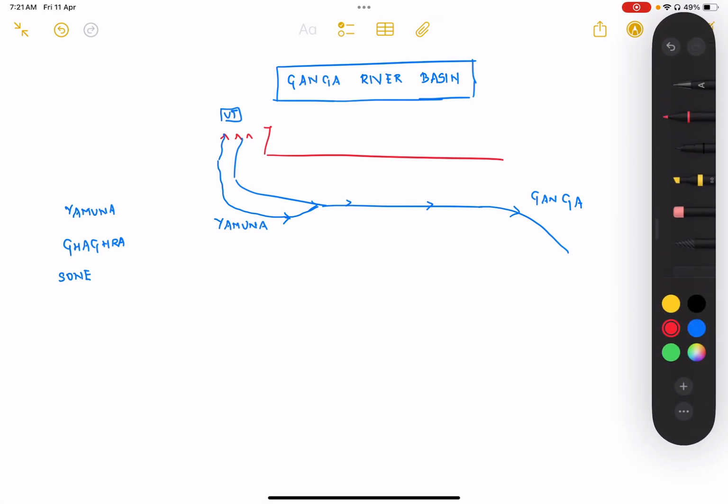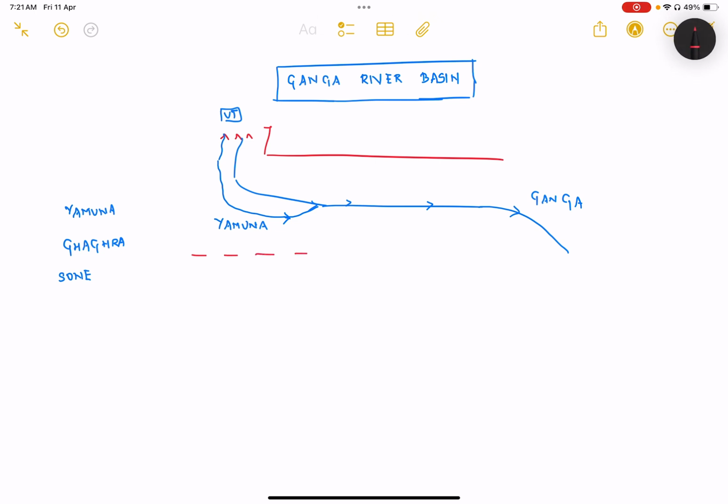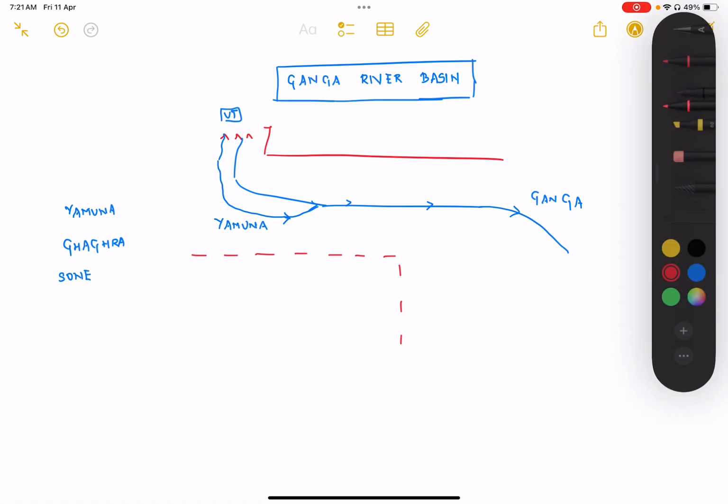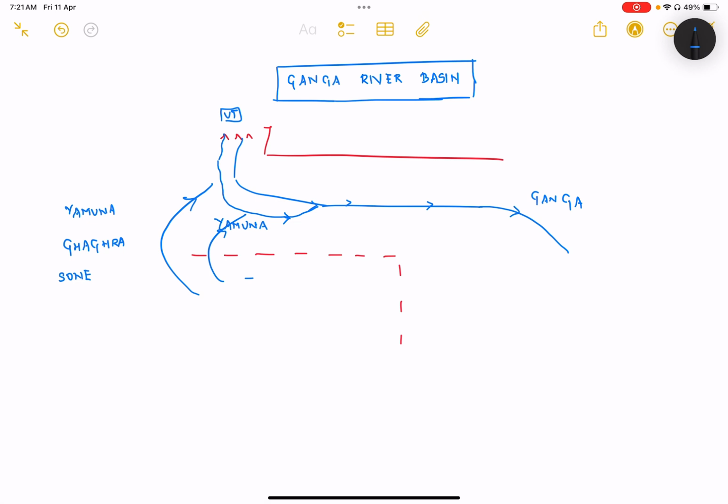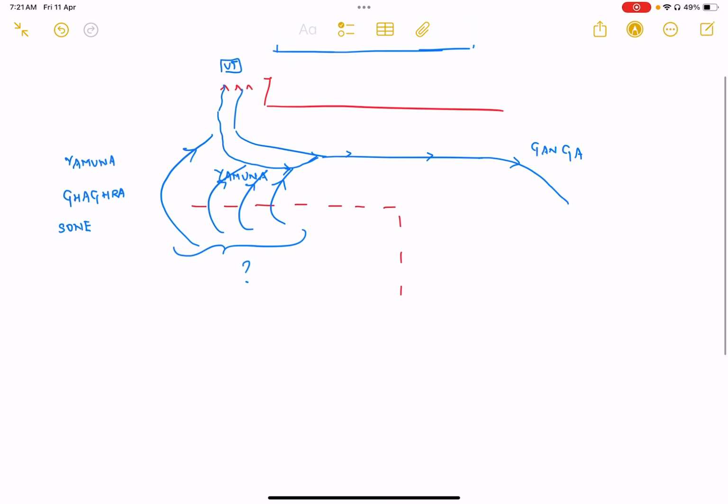The main reason being, just like we have seen yesterday, Madhya Pradesh is a plateau region made of several plateaus and hills. So we have Malwa, Bundelkhand, Baghelkhand. So we have many rivers flowing to Yamuna starting from MP. So we just want to look at what exactly are these major tributaries. So if you take Yamuna River,